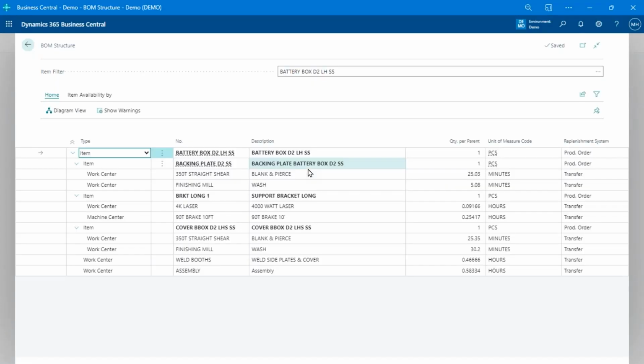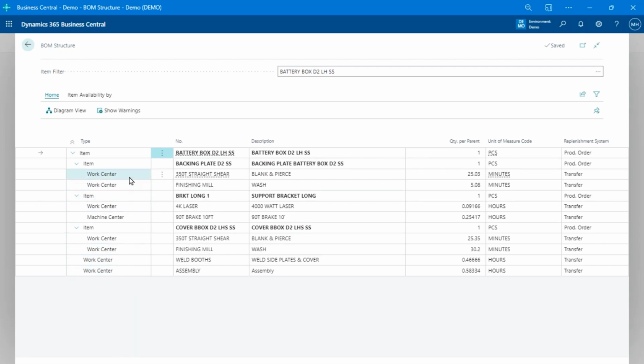And what we've got is our top level finished good, and then we've got subcomponents that need to be scheduled. And of course, these subcomponents need to be completed before we finish the finished good. MX, of course, takes care of all of that. And then we've got all the work centers that we're scheduling this work on.